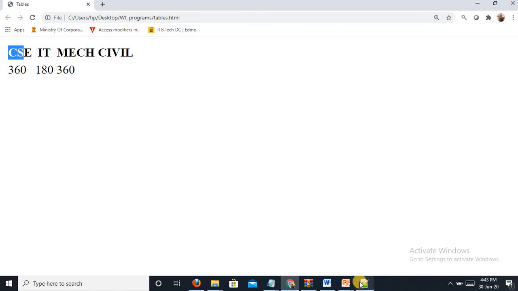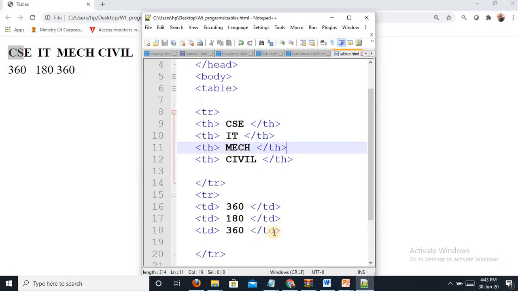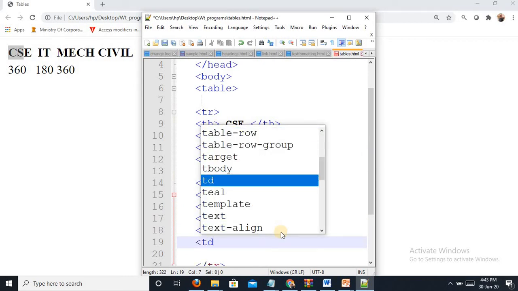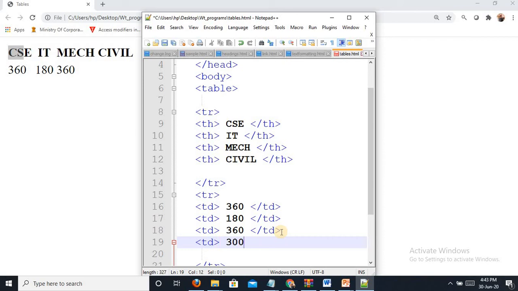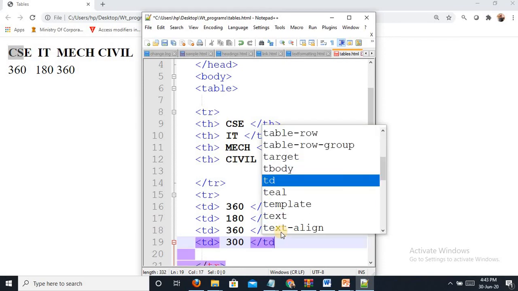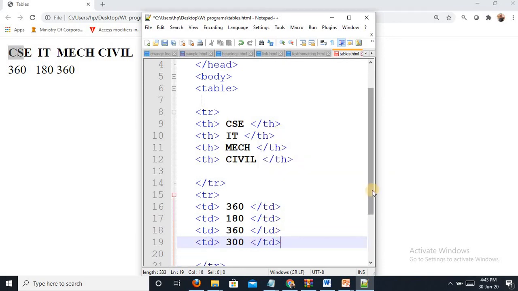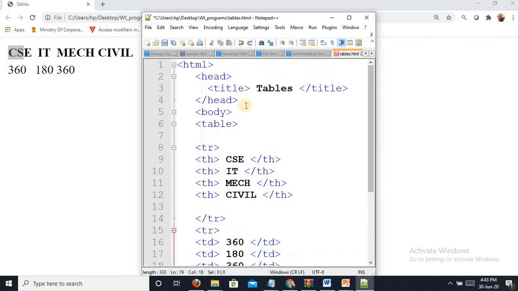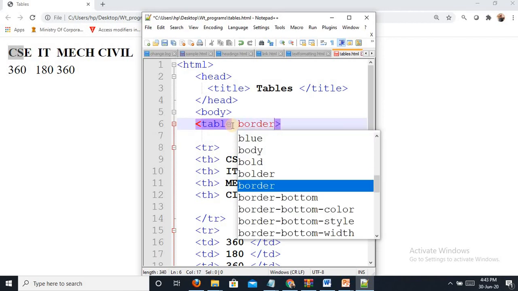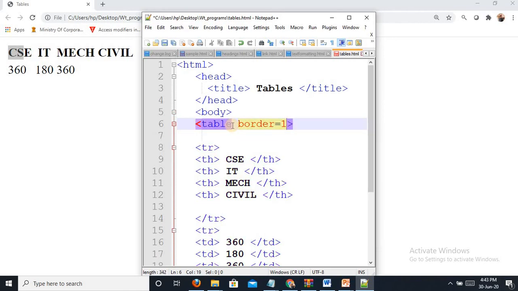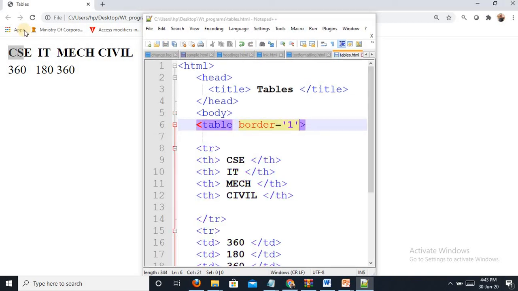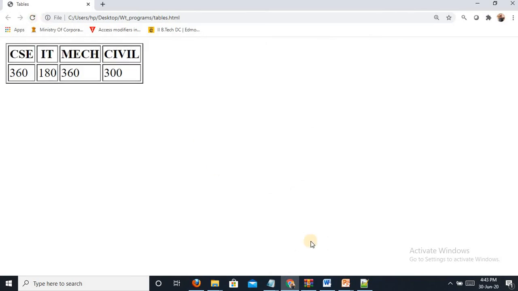If you want to add in the second row, just add td 300. Just keep border equal to 1.